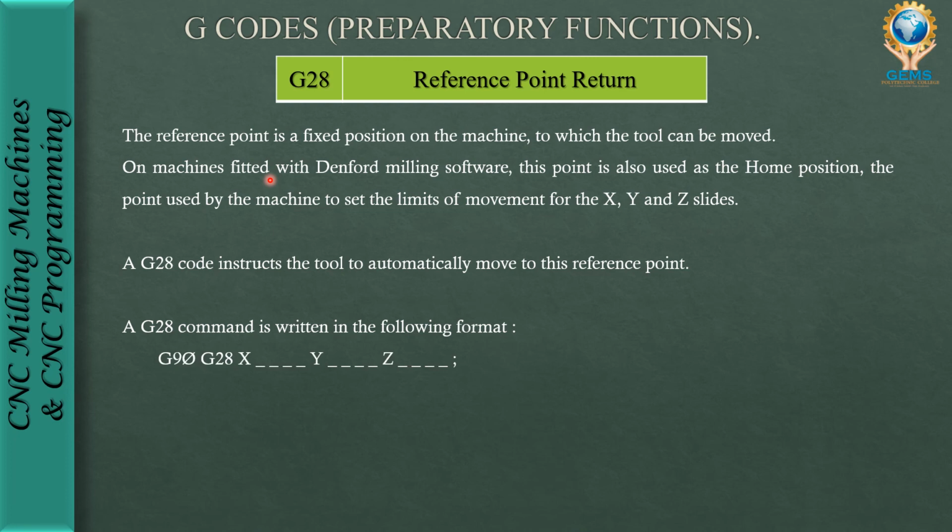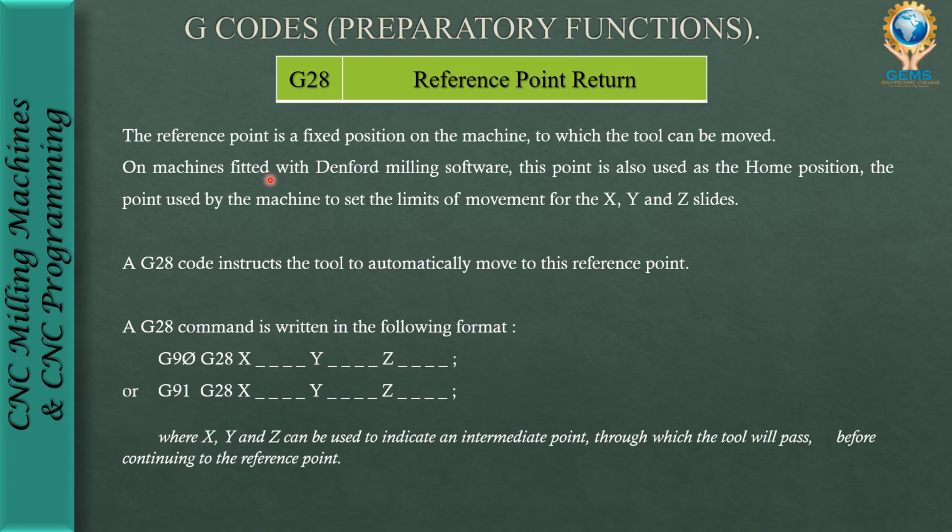Simply we can give G90, that is absolute programming, and G28 X, Y, Z. What is the position? What is the location of the X, Y, Z axes? This is the format. Or you can give it in the incremental mode: G91, G28 X, Y, Z. Why are we giving these X, Y, Z values? If you simply mention G28, it will come to the home position. But why we are giving X, Y, Z, for example,